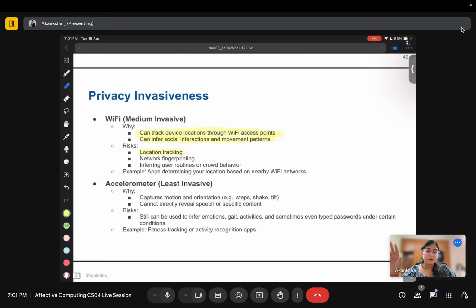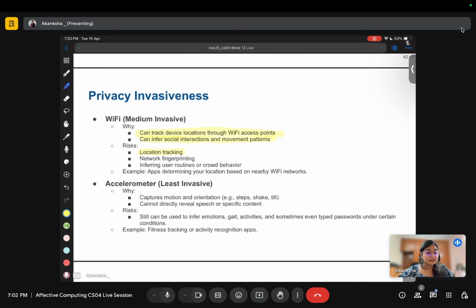So that means there is a pattern: you leave your home at this time, you spend the whole day at your office, and I can also obtain information about your office, and then you come back. So not as revealing as the microphone, which captures my whole voice, so you can just listen and know everything. Okay? So this is Wi-Fi, which is medium invasive, and then comes the accelerometer.